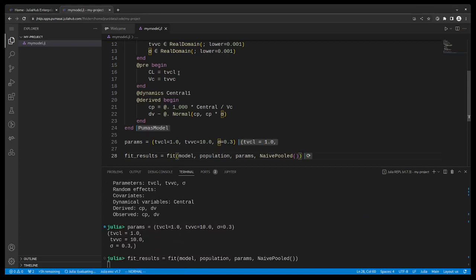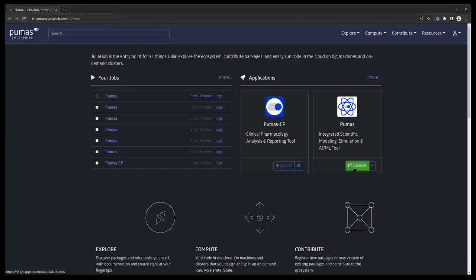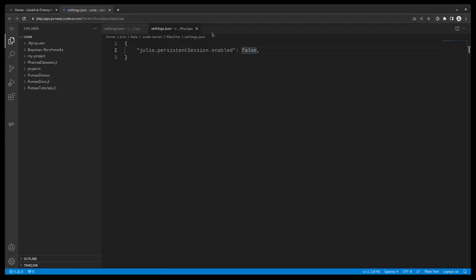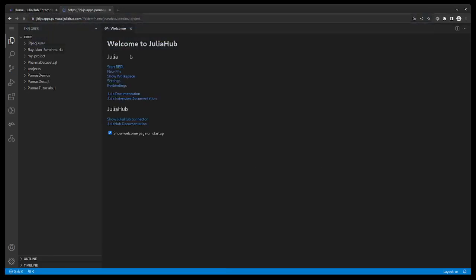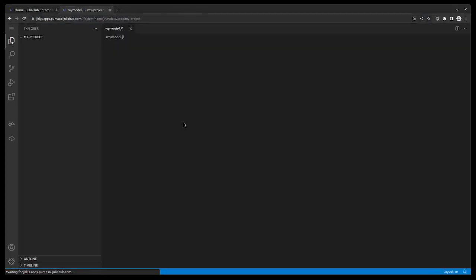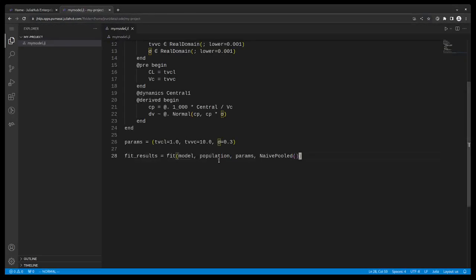Suppose that while my model is fitting, somehow my window crashes. So let's close this tab. Now if I open back again, and I go to the right folder, my project, you see that I am back at